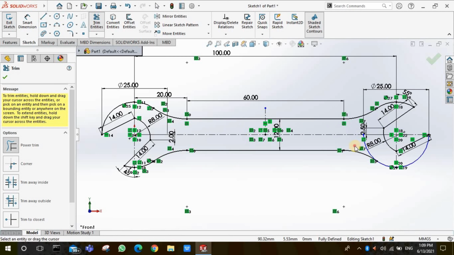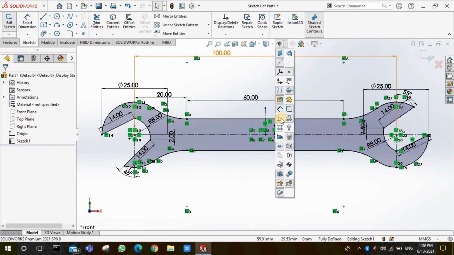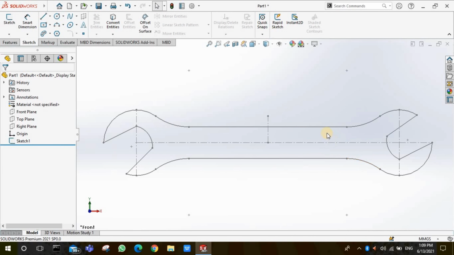And now the inner faces of the circle are being trimmed. Now the entire component is formed as a spanner. So we have removed the relations right now. The same process is used for removing and applying the relations. So this is the 2D sketch of an entire